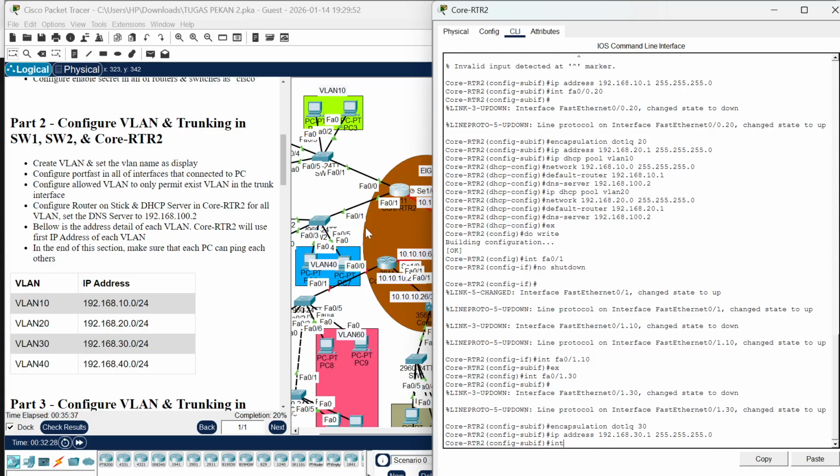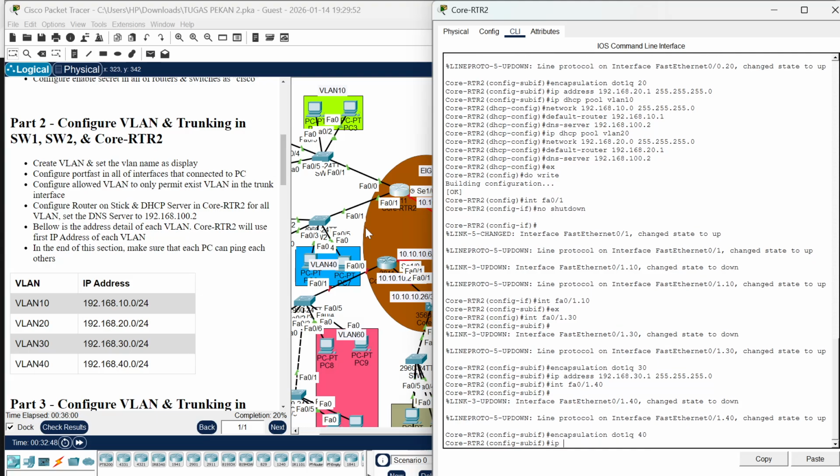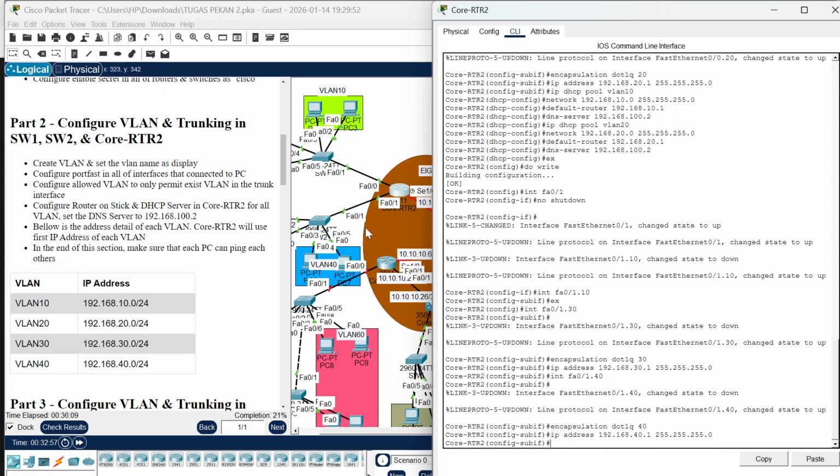Okay, next we go to interface Fast Ethernet 01.40 because VLAN 40. Okay, it's already up. Encapsulation dot1Q 40, IP address 192.168.40.1. Okay,